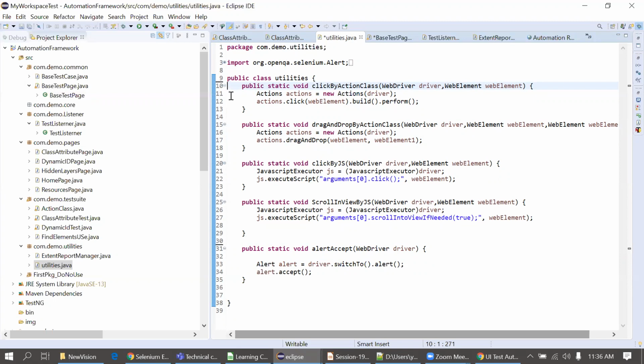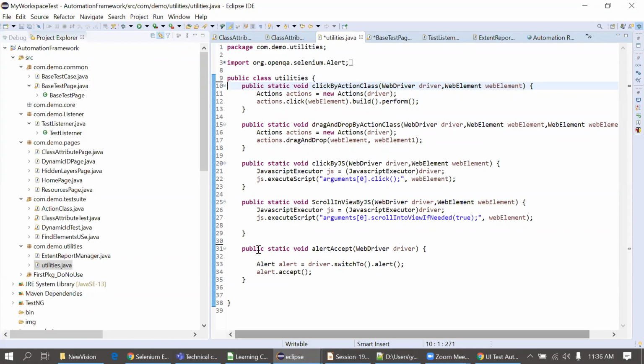No issue. Actually, at the initial stage, when we are starting development, we will not create all the methods. We will create methods on the basis of our own requirement. Suppose in some cases we don't need scroll into view, so we will not create this method. We will not create methods unnecessarily. We will create only those methods which are actually required in our project, the ones that are repetitive or which you need frequently, at least three or four times. So instead of writing code every time, we keep it common here. Okay, I'll ask the question later on.